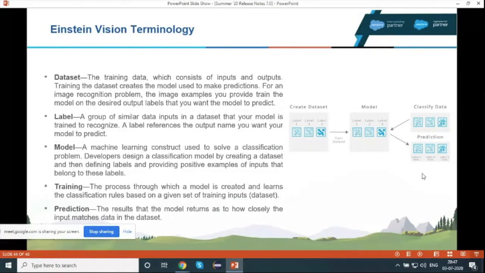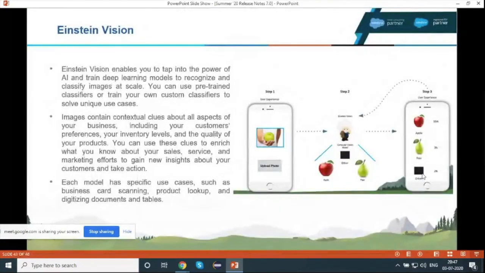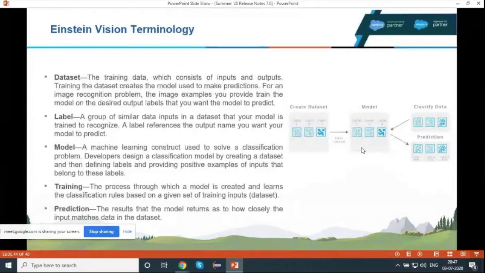Here are the terminologies used in Einstein Vision. For image detection, we need to create the dataset. Let me tell you what a dataset is. Just go to the previous slide. As I am inputting the images of fruit here, the images of the fruit will be my datasets. I need to make folders with different fruit names and put them in a single folder.